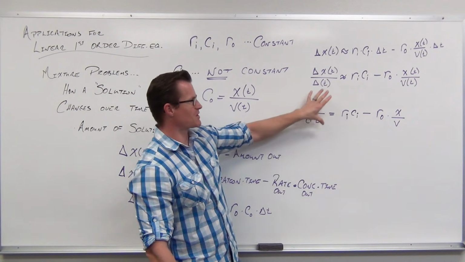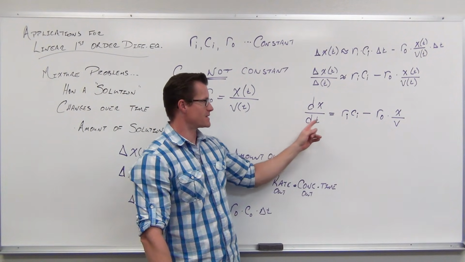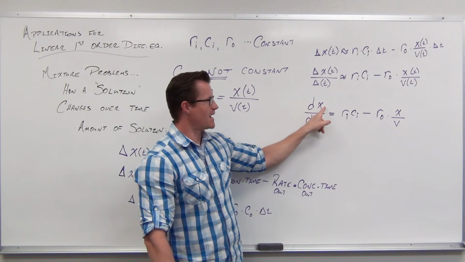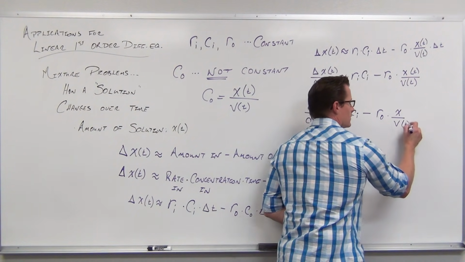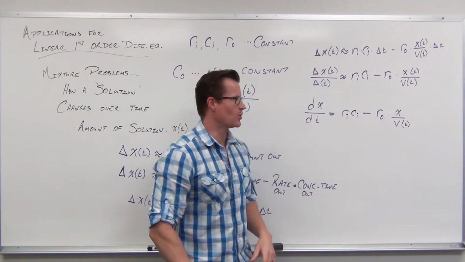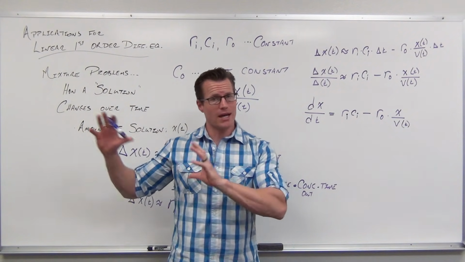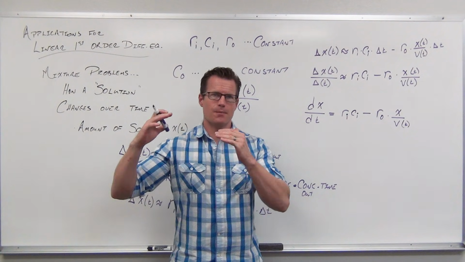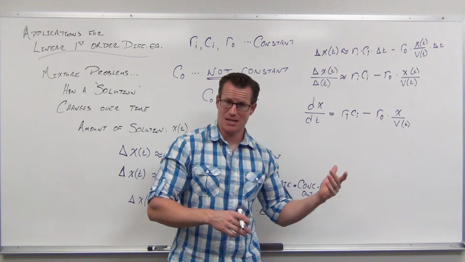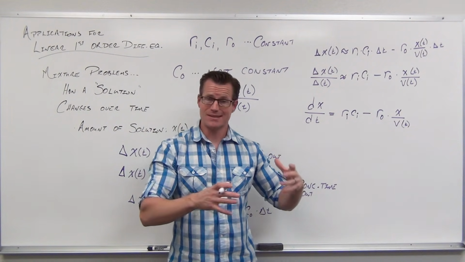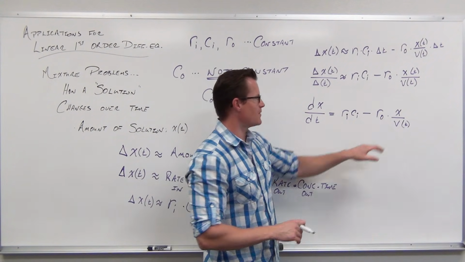Oh my gosh, a differential equation, a first order differential equation. Look at your independent variable. It's t. Look at your dependent variable. It's x. You have x to the first power. And you have a function of t, your independent variable. Sure, x is also a function of t, but that's taking the place of our y like we did in the last video. We had dy dx, and then we wanted to see y to the first power. Now we have dx dt. We want to see x to the first power. This is a first order differential equation. It happens to be a linear first order differential equation. If we just add this to both sides,